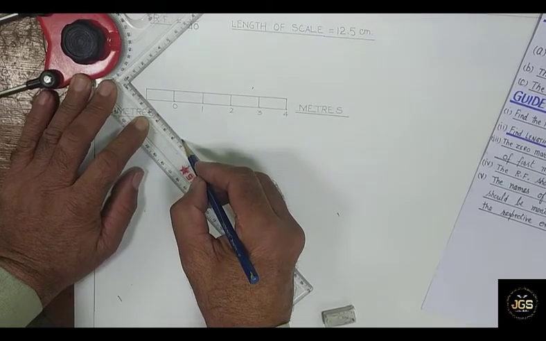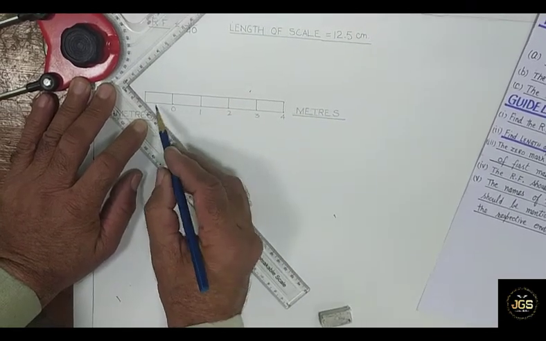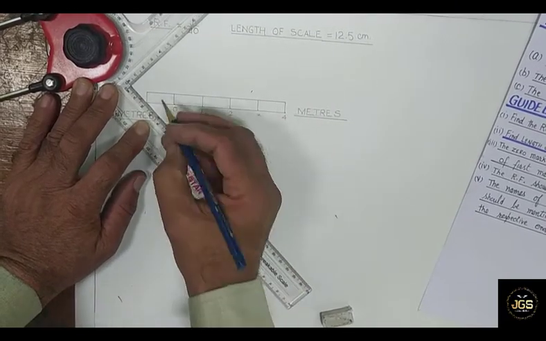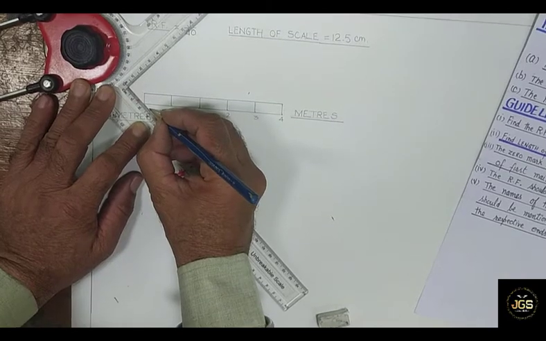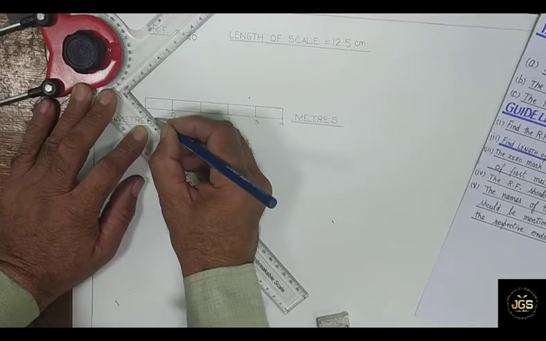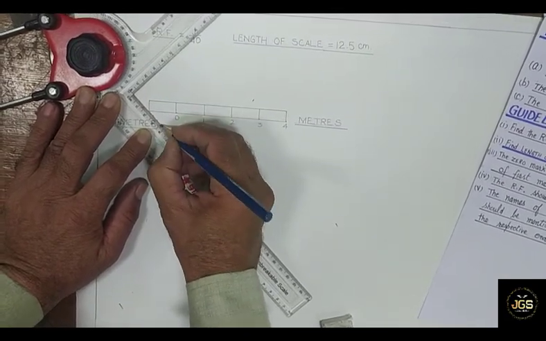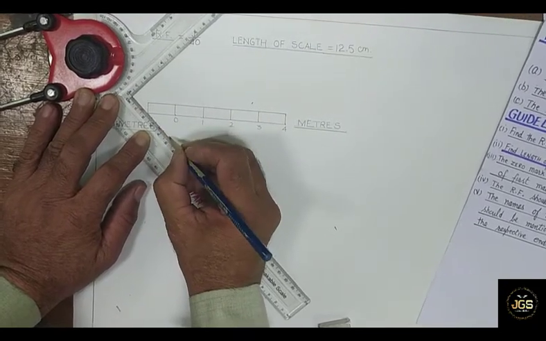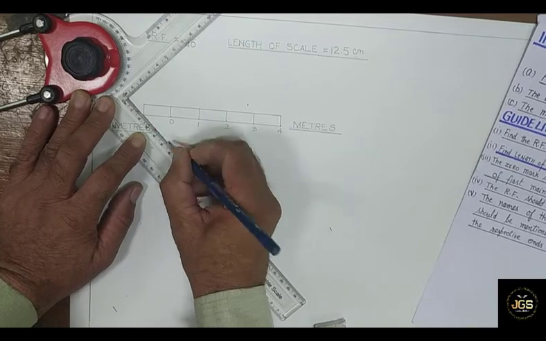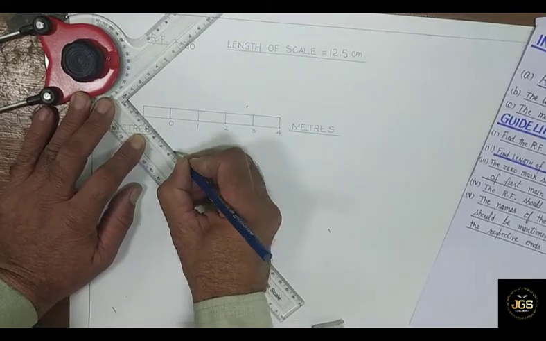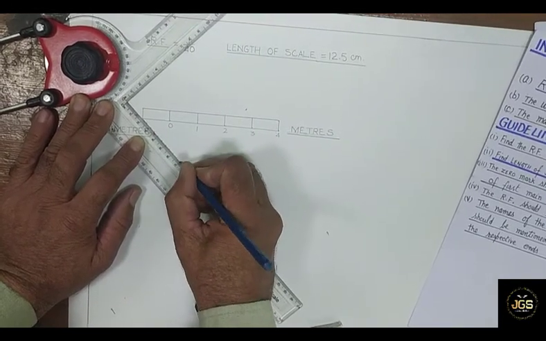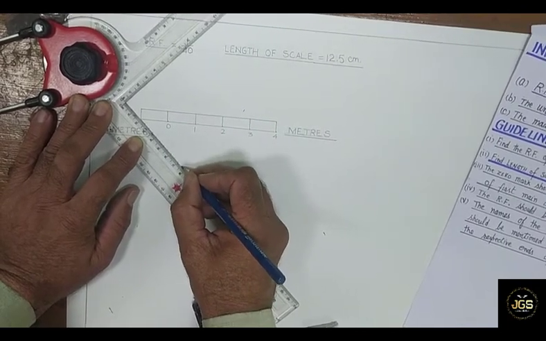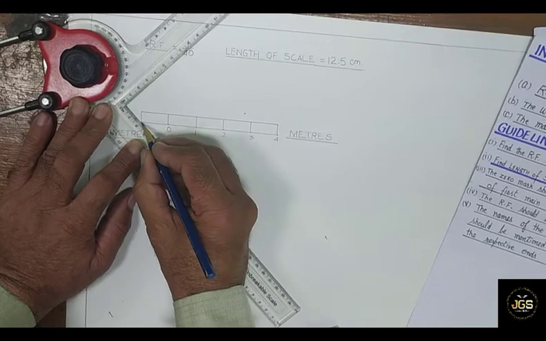And I have to divide this division into 10 equal parts. So then you divide this inclined line into 10 equal parts. I mark this line at 5 millimeters: 1, 2, 3, 4, 5, 6, 7, 8, 9, 10 parts. So you mark an acute angle and divide it into 10 equal parts like this.